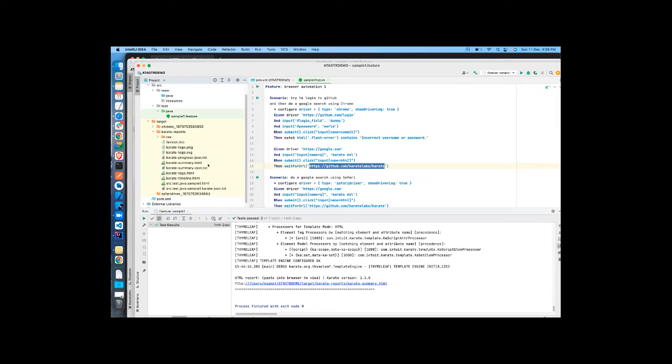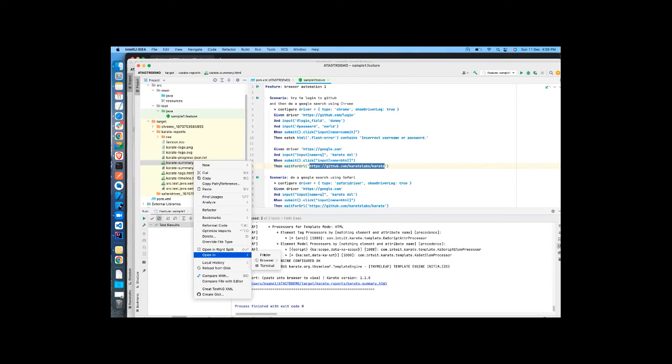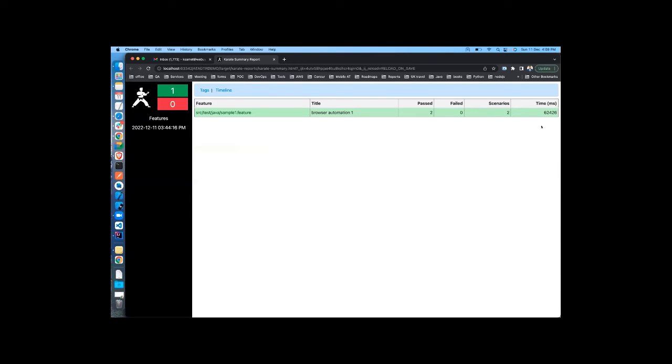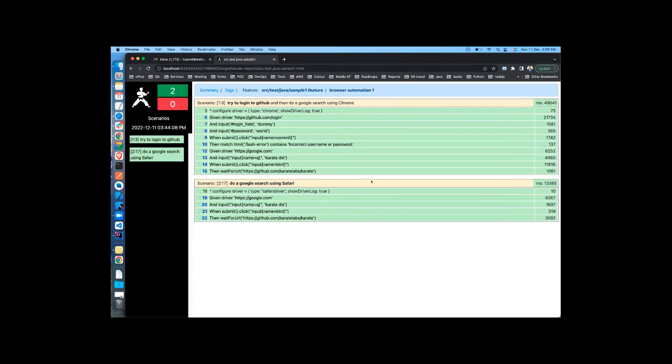In the Karate report reference, you have different formats generated. I will quickly show the HTML report which has been generated. I believe the test which Rajni ran must have more steps, but it is more or less similar.